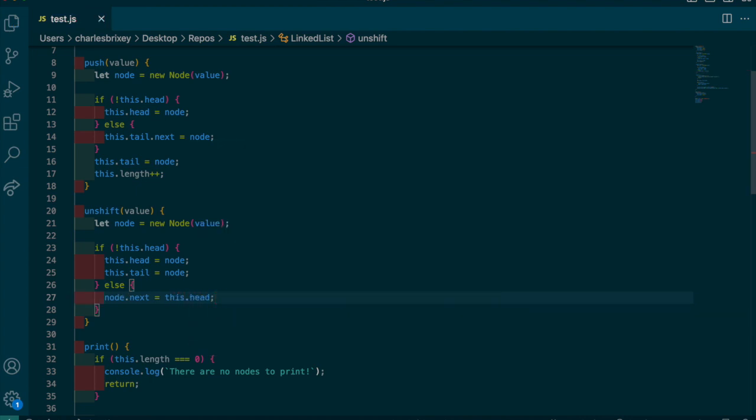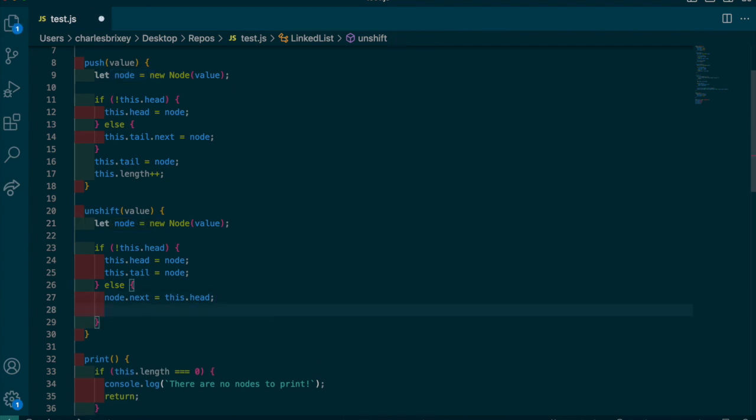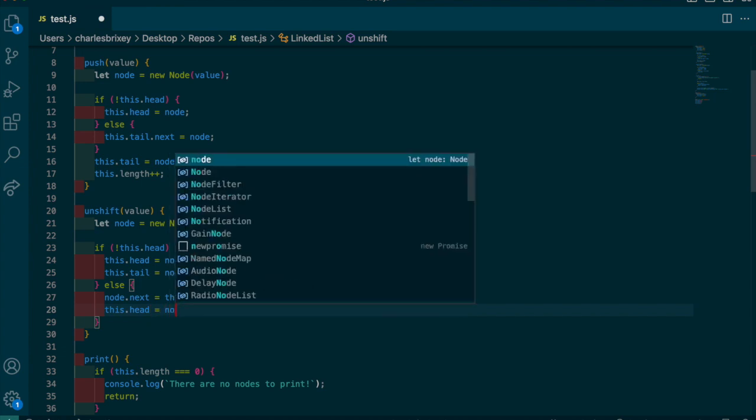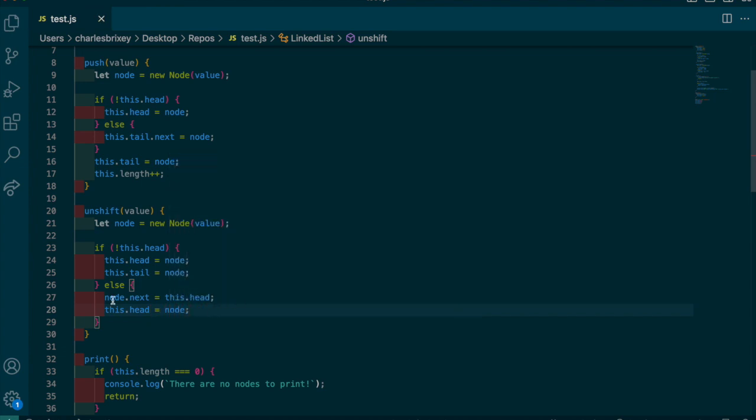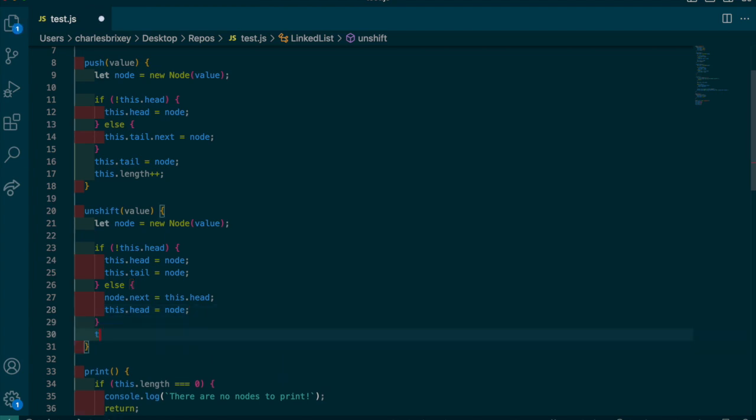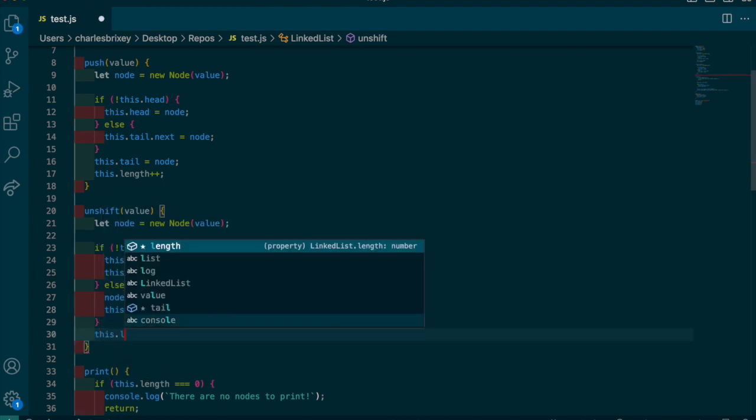So now the node that we created here is pointing to the head node. And then we can just say that this.head equals node. And now we've successfully tied those two together. And then don't forget every time to increment the length